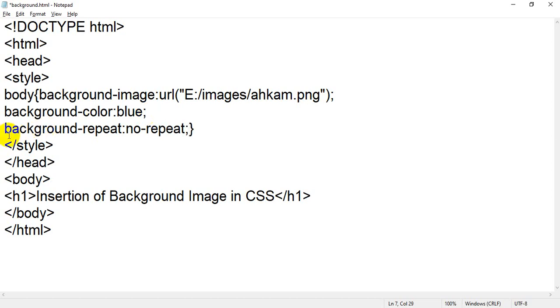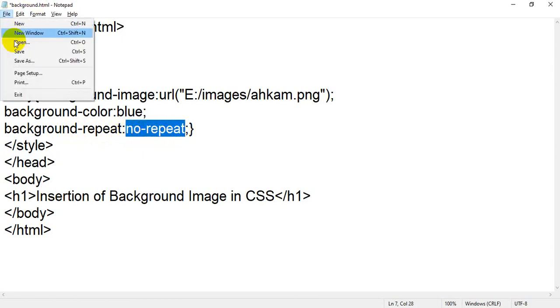Okay, so I have added one more property, that is background repeat, and the value is no repeat. By default background repeat is equal to repeat, which means it's enabled. But if you want to stop this repetition, in that case you have to use the background repeat property and write the value as no repeat.